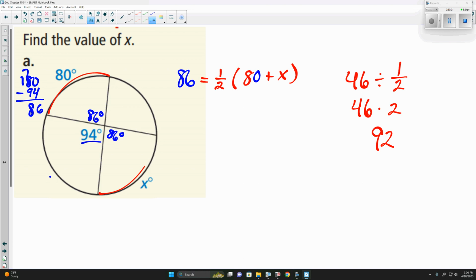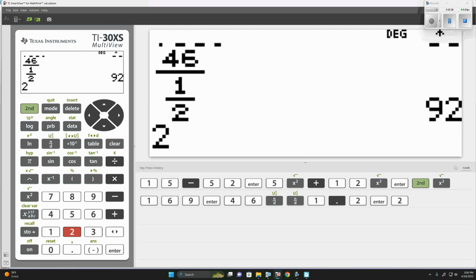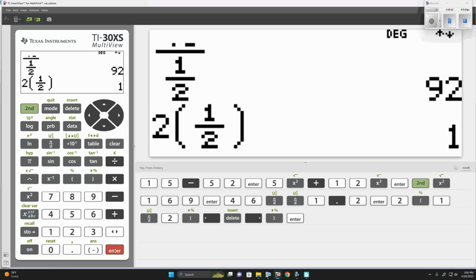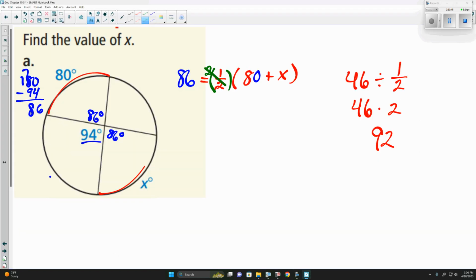X, no. We end up with 1/2. Now, what we did does work. What I can do also, because of this 1/2, if I multiply it by 2, 2 times 1/2 is what? 1. Because we can say 2 times 1/2 is 1, yes? So if I multiply this side by 2, that simplifies, leaving us with,